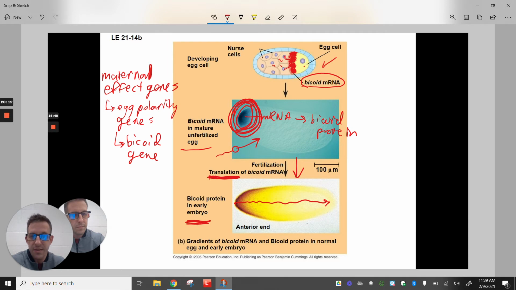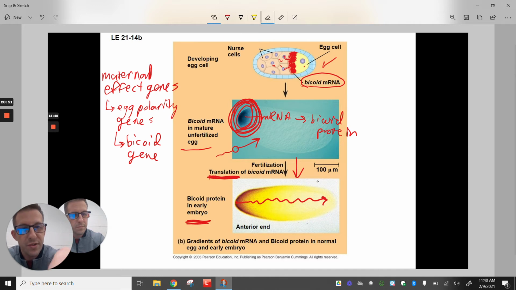And what that means is that there's actually a concentration gradient of bicoid protein. Just like when you put a drop of food coloring into water, right? It's really highly concentrated at first, and ultimately you see it diffuse throughout the entire system. And that's what happens here. And so this gradient that we see of bicoid protein throughout the developing embryo really does play into